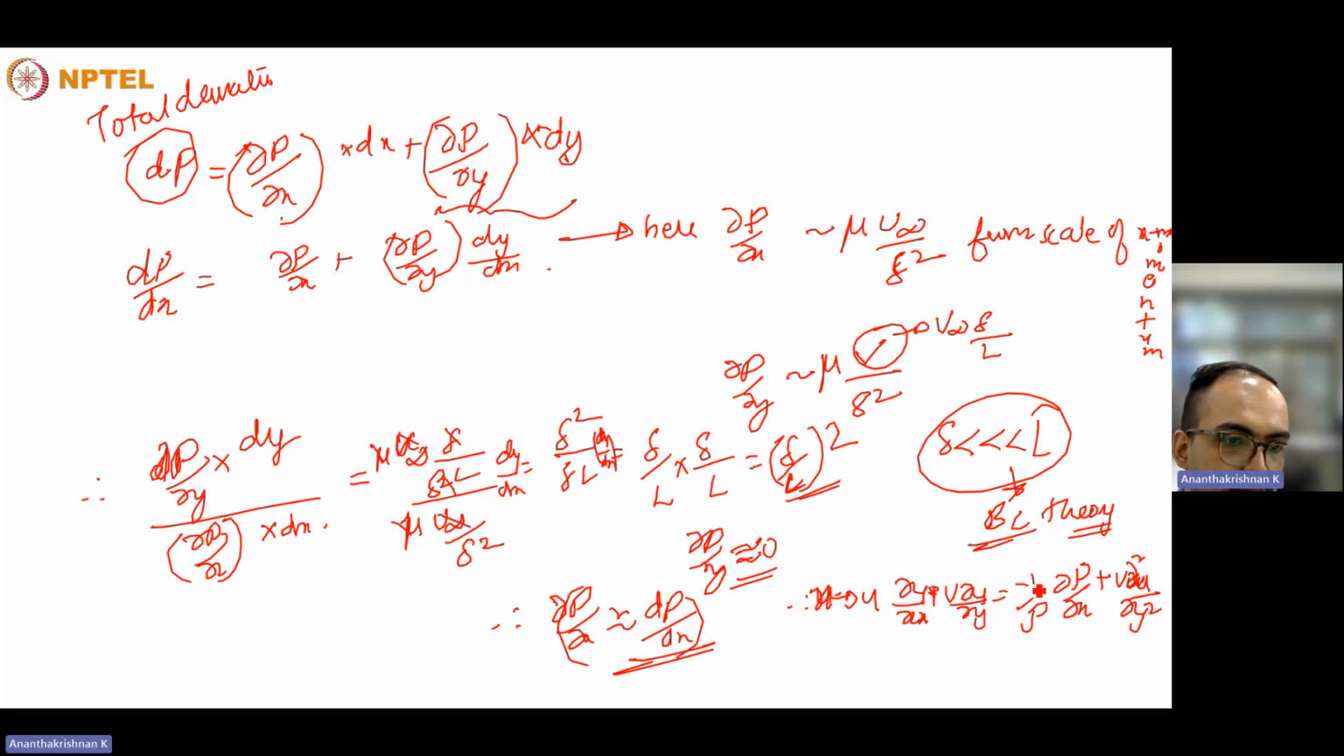Now comes the last portion. So from the x momentum equation, you can get the value of ∂p/∂x. Then how will you solve for the actual value of ∂p/∂x? So this says that the pressure gradient in the x direction within the boundary layer will be the same as the total pressure gradient. So taking the boundary layer into consideration,